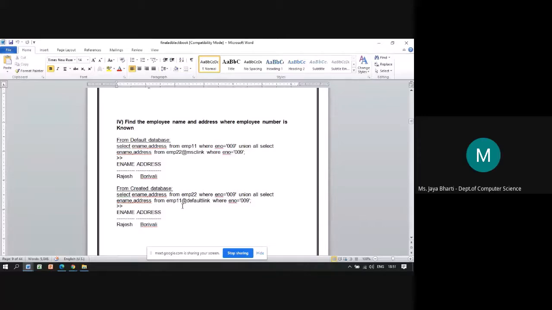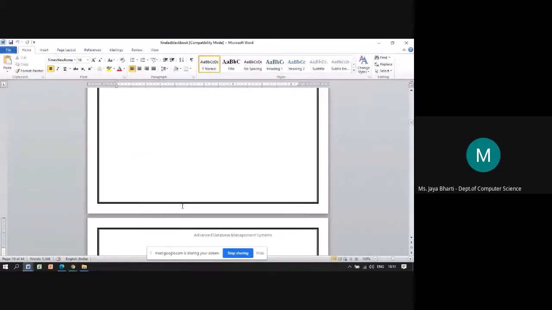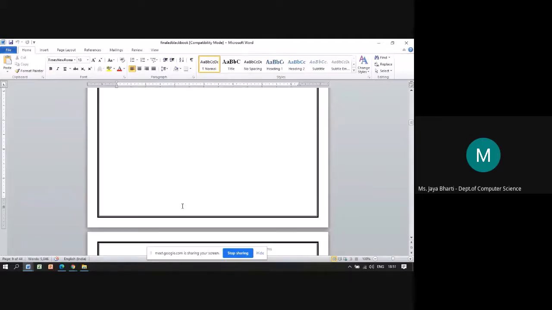And then we saw how the queries are operated and how the data is retrieved from both the fragments and the results are displayed. Any doubt you can ask?